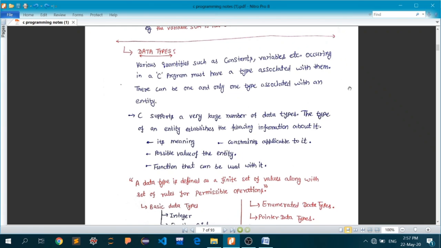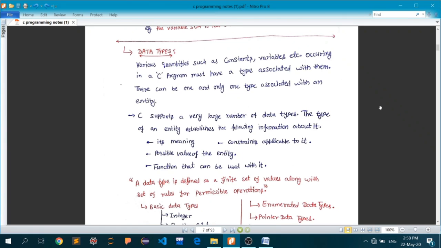Now, various quantities such as constants, variables, etc. occurring in a C program must have a type associated with them, and there can be only one type associated with them. For example, in the first lecture, we saw hands-on what a C application looks like, and there we initialized a variable named A, which is of type integer.